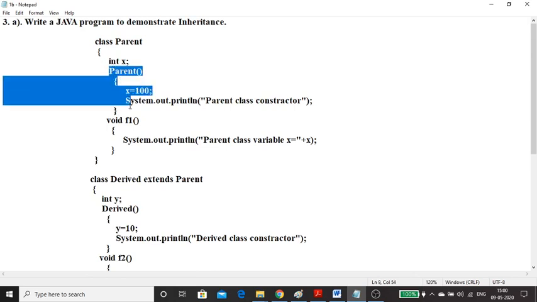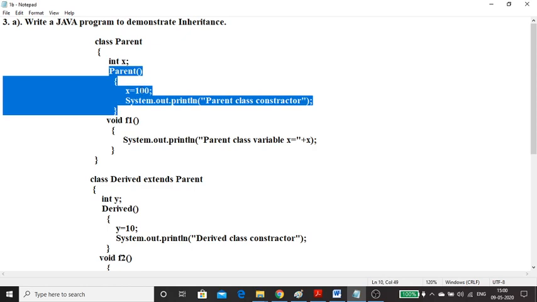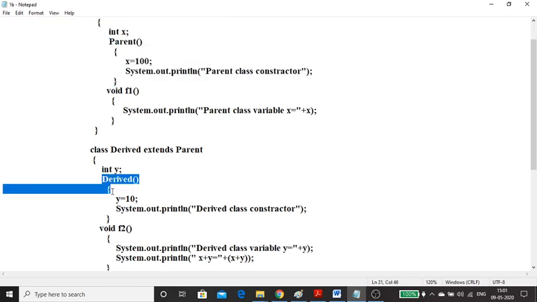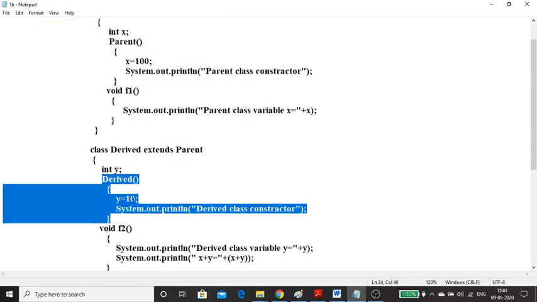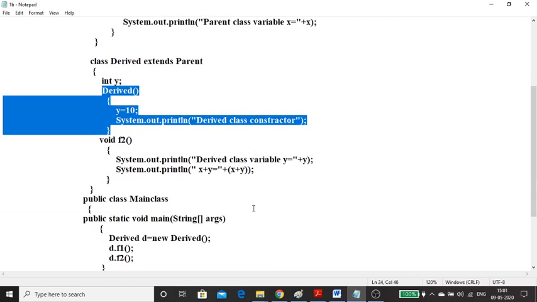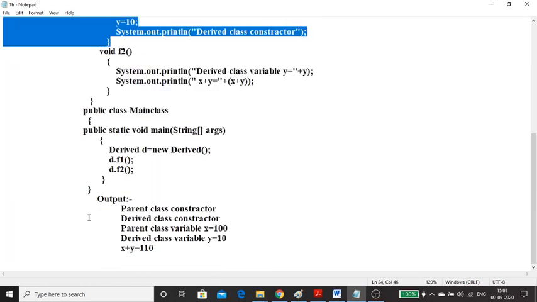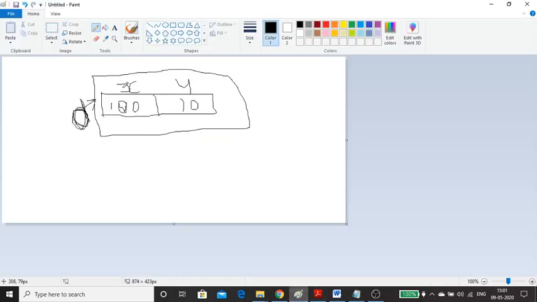It assigns x equal to 100 in the space already allocated, and prints parent class constructor. Next it executes the derived class constructor, assigns y equal to 10, and prints derived class constructor. So you get the output in this way. Within the allocated space, x has the value 100 and y has the value 10 with respect to d.